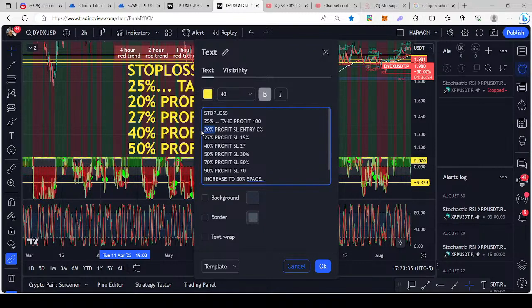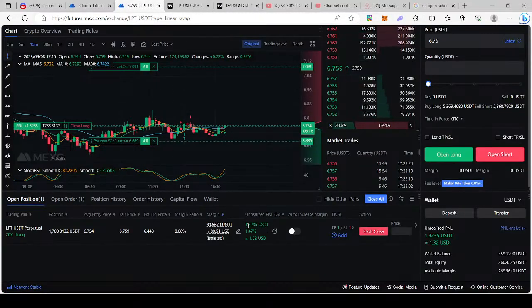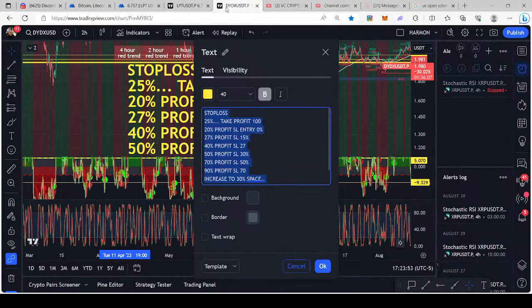When the coin reaches 20% profits, meaning the green area here, the middle one right there, when that says 20%,